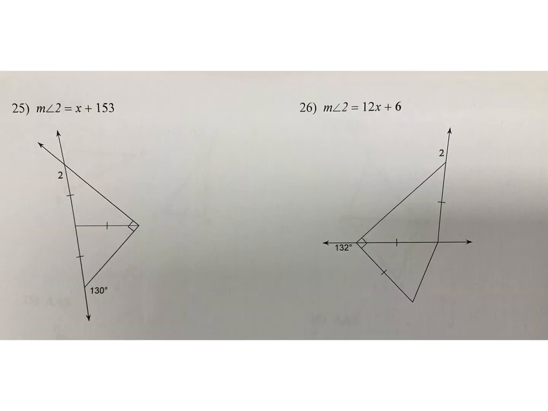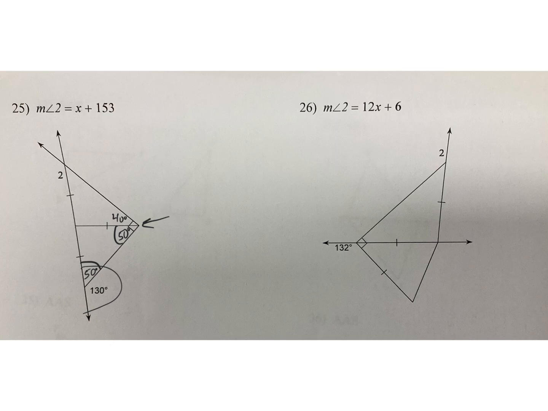Okay, number 25. Just going through these, again, these little puzzles. I see a half circle with the 130, and half circle is 180 degrees. So 180 minus the 130 gives me 50. And again, you need to make sure you understand when you have an isosceles triangle, which two angles are the same. That should be the first thing you're doing on every one of these. So these two angles are 50 degrees. Now we also see that we have a 90-degree angle there with the 50. So that means the other one is 40